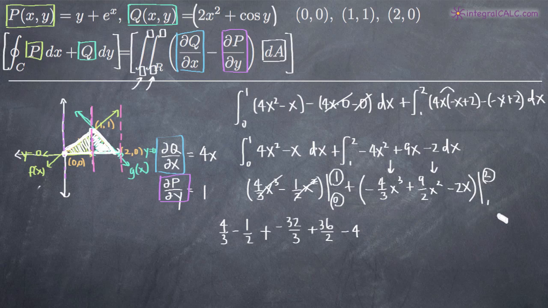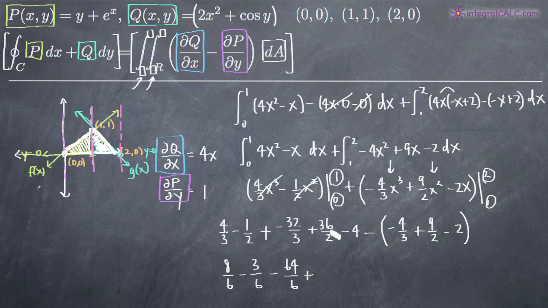So that's our upper limit of integration, and now we need to plug in our lower limit of integration, so we'll subtract, and we'll get negative 4/3 times 1 cubed is just 1, obviously, plus 9/2 times 1 squared is still 1, minus 2 times 1 is just a negative 2. Okay, so now that we've evaluated the entire definite integral, we can just go ahead and simplify, and I'm going to put everything over 6 because we've got some things over 3 and some things over 2. So I'm going to find a common denominator of 6 and multiply here as I go. So 4/3 becomes 8/6 minus 1/2 becomes 3/6. Then we'll get a minus here,